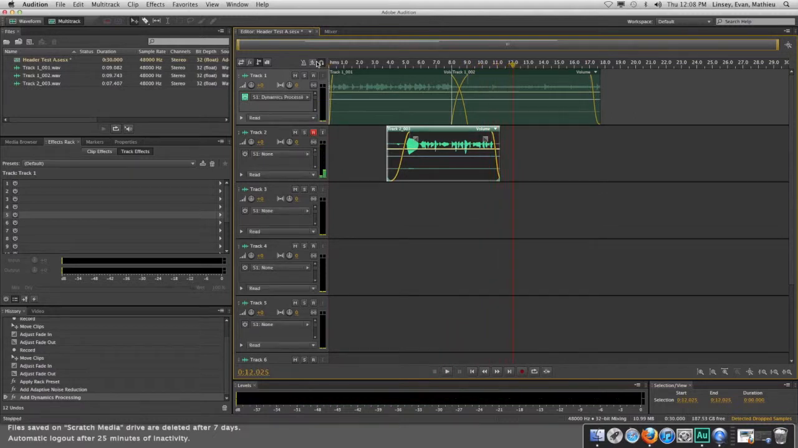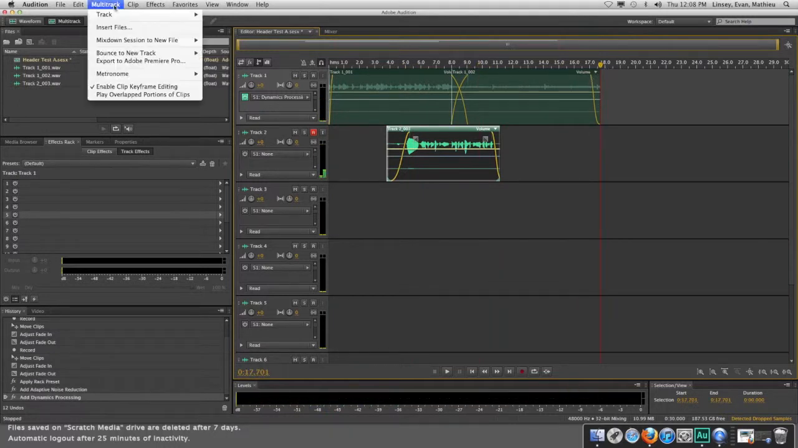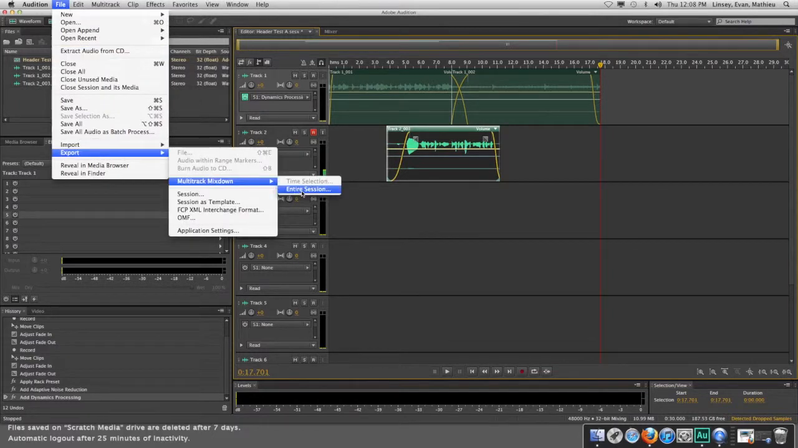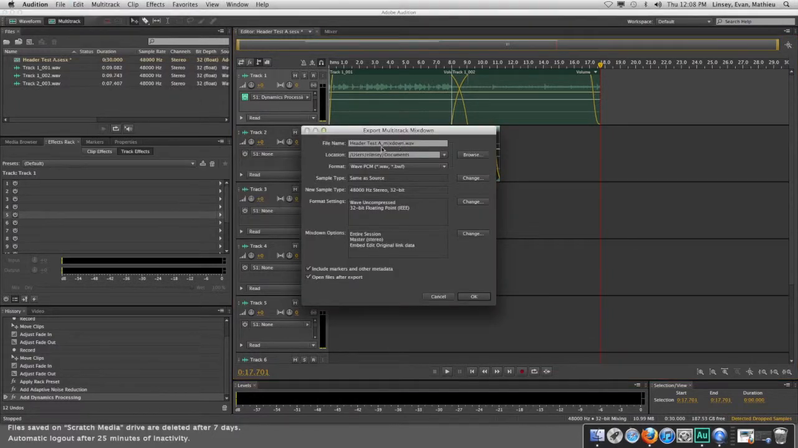So you get the idea. It is obviously not the greatest header in the world, but it's just an example. And then when you're done, go ahead and go to export, multi-track mixdown, entire session, name it whatever, save it as a WAV or an MP3, and then